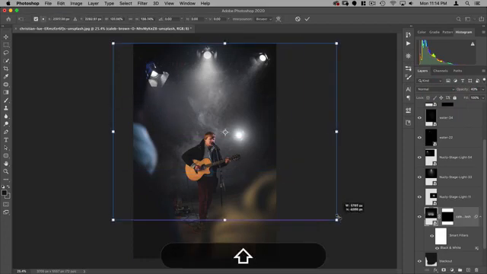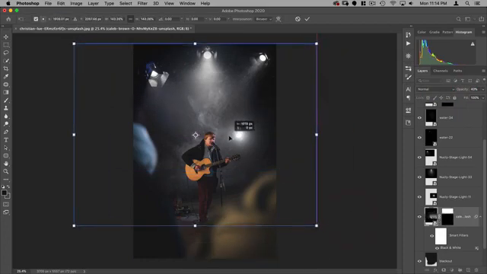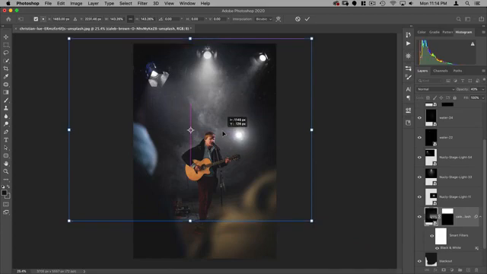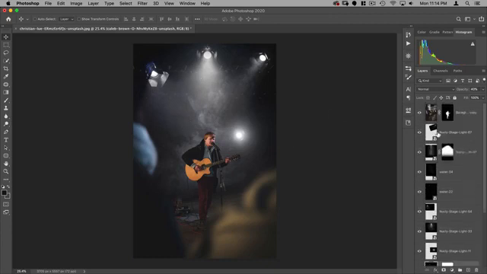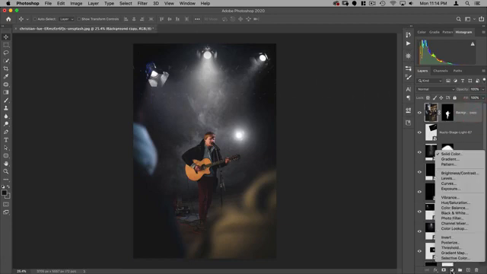Make it a little bit bigger. That's just going to add the appearance that there's a stage here. It's subtle, but just those few little details do help a lot to sell the appearance of this being a stage. So with all those in place, I now want to give it a strong color grade.